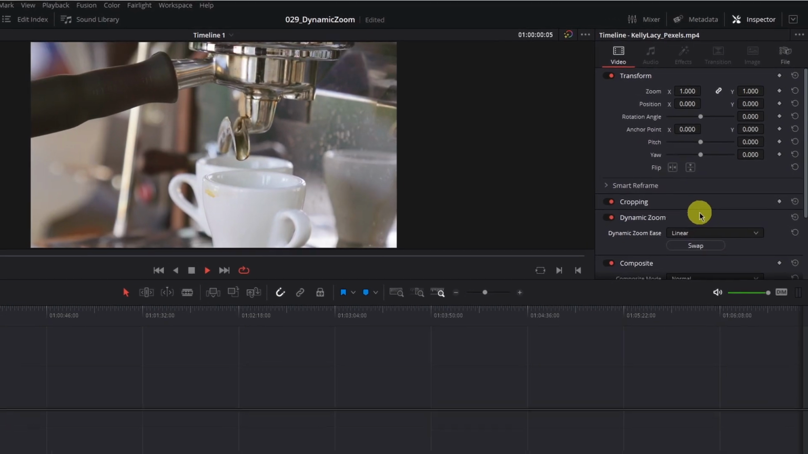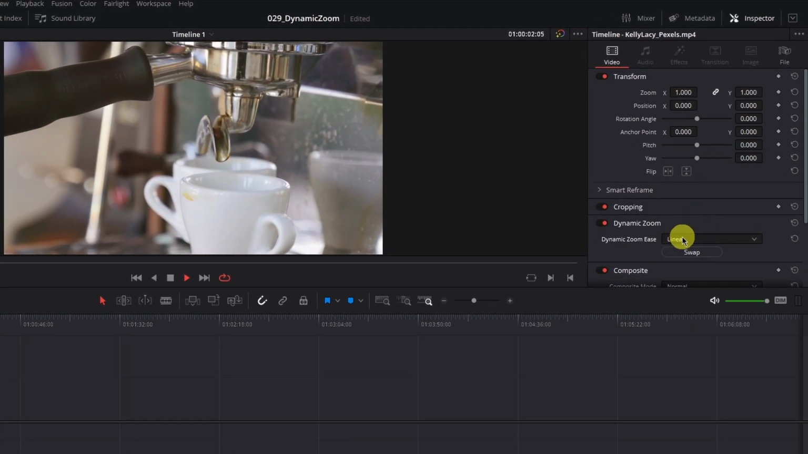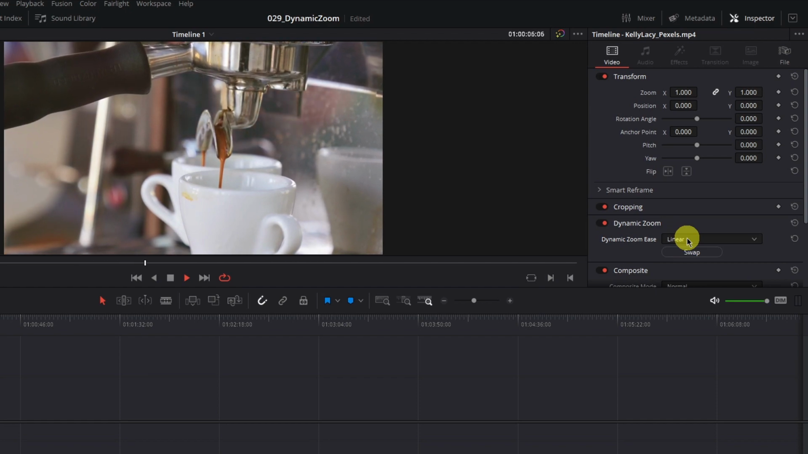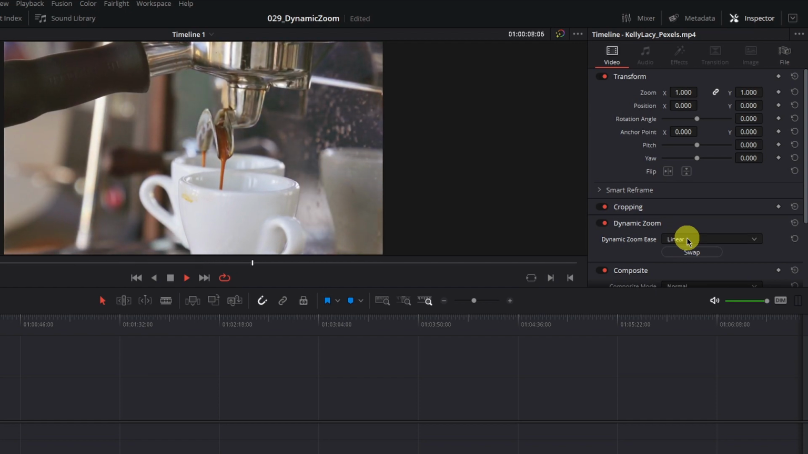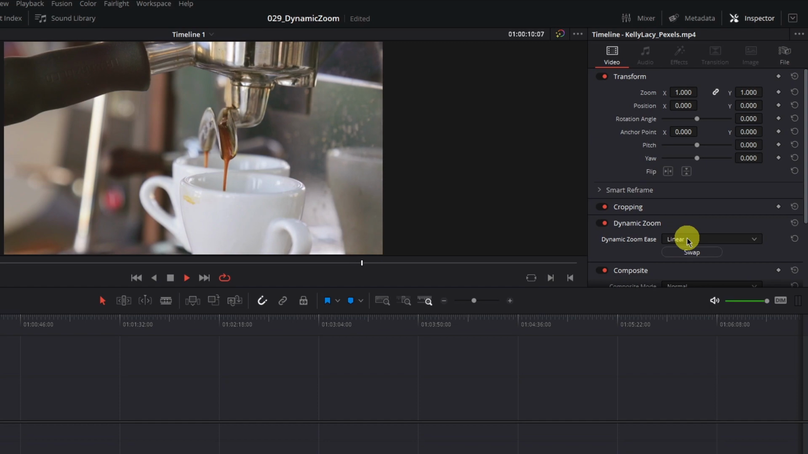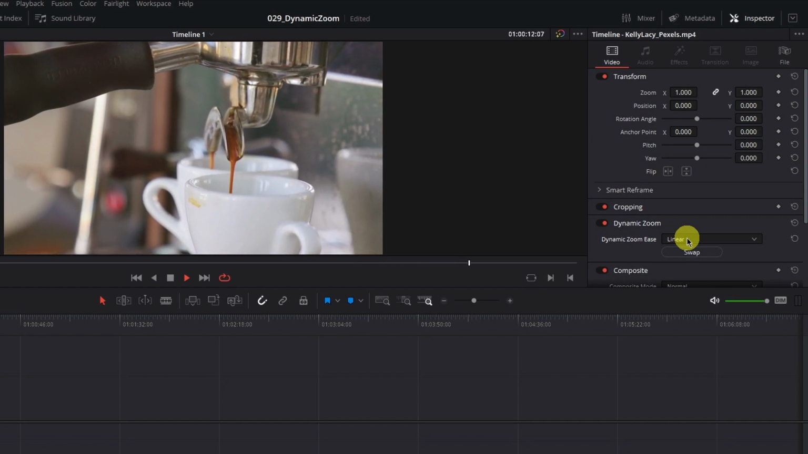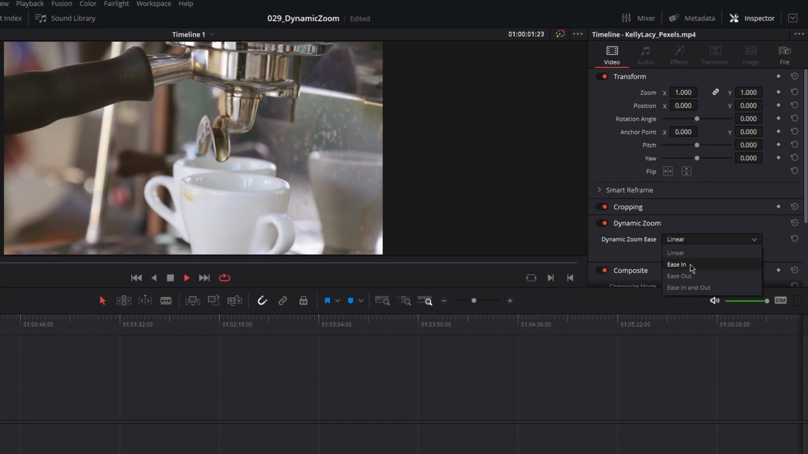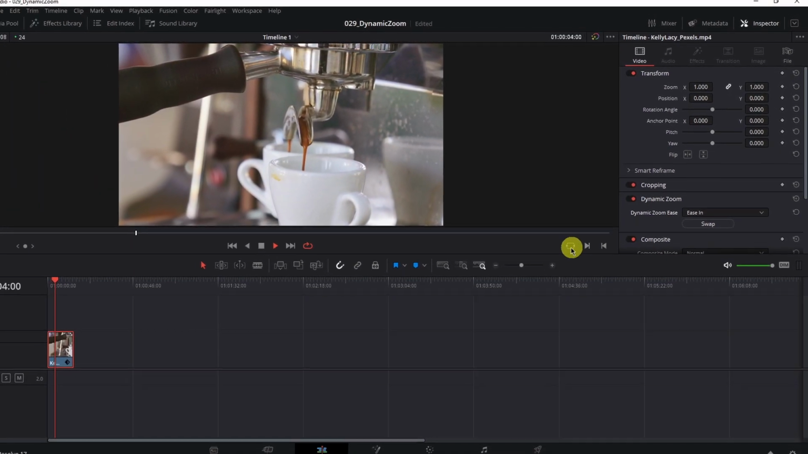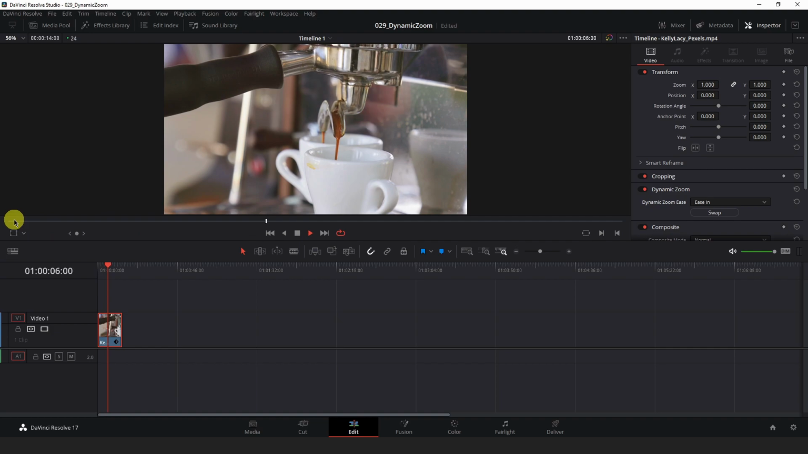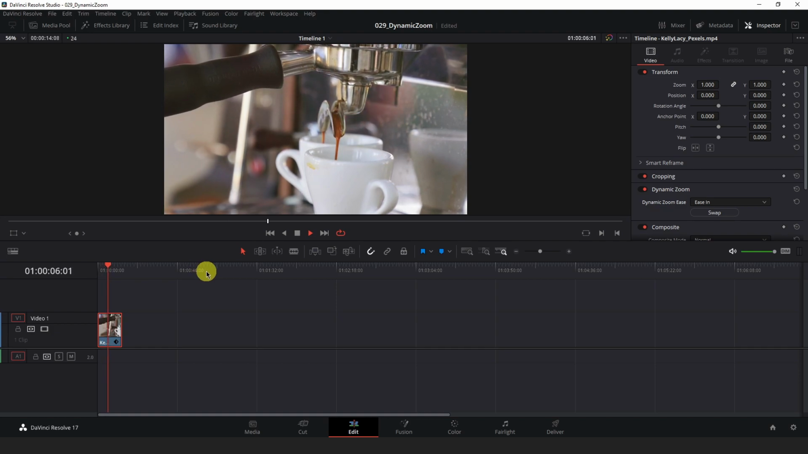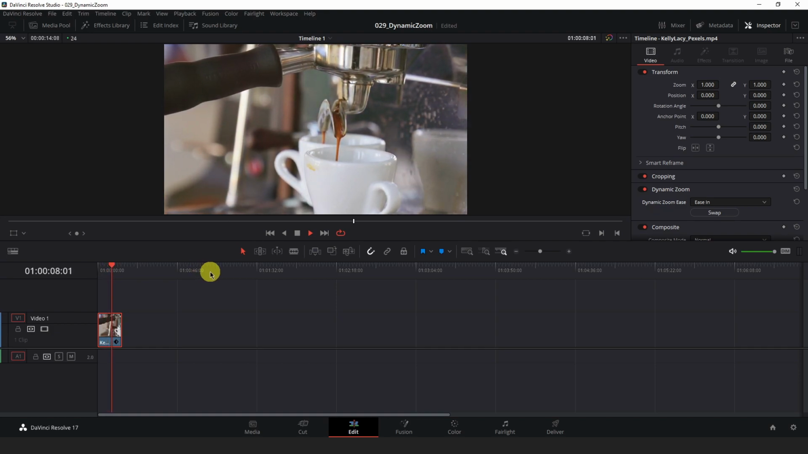And there are a few zoom ease options we can change. By default, it is set to linear, meaning it is zooming gradually at the same pace over the entire course of the clip. But if we want it to begin at a slower pace and ease in, there's an ease in option. And I'll play that back from the beginning and you'll see it starts out at a gradual zoom and then progressively